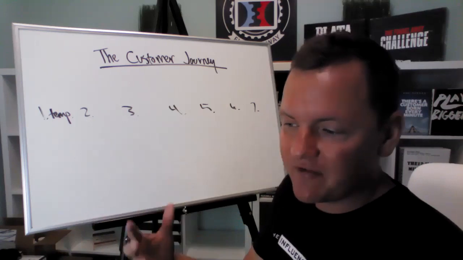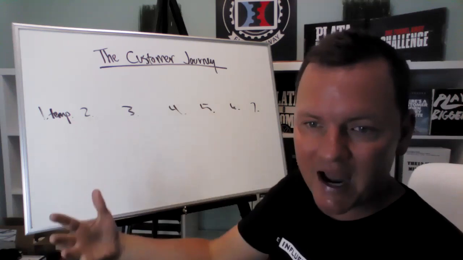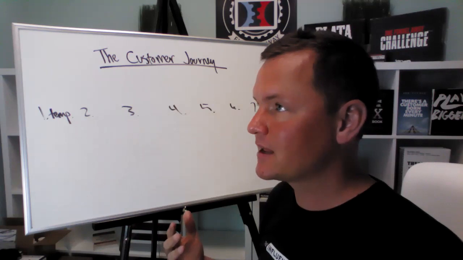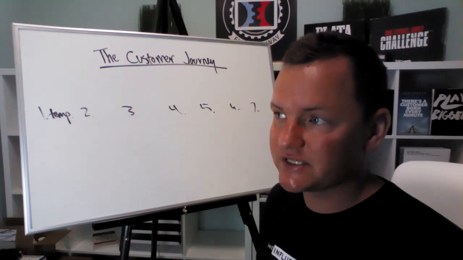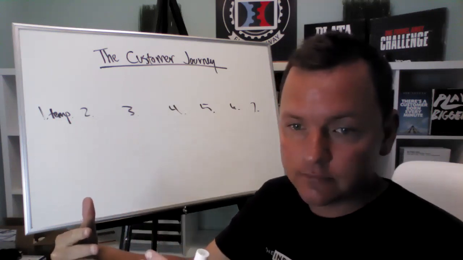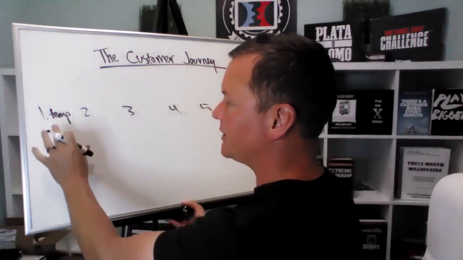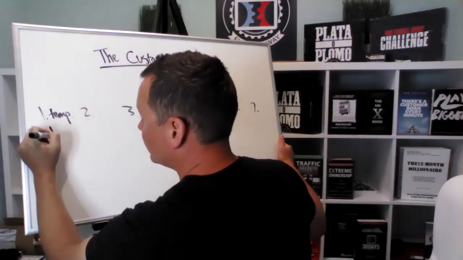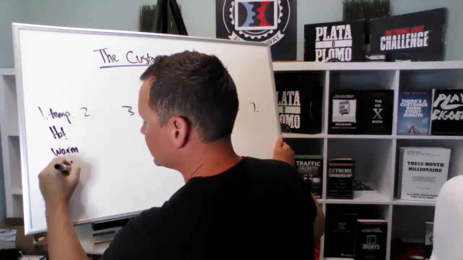Well, what traffic do I want to stand in front of virtually? Well, the traffic that is more apt to buy from me, right? So if I were selling organic dog food, do I want to stand in front of traffic of people that don't own a dog? No, I don't want to stand in front of that traffic. So when we talk about traffic, we're going to give a temperature to it. So we're going to say hot, warm, cold.